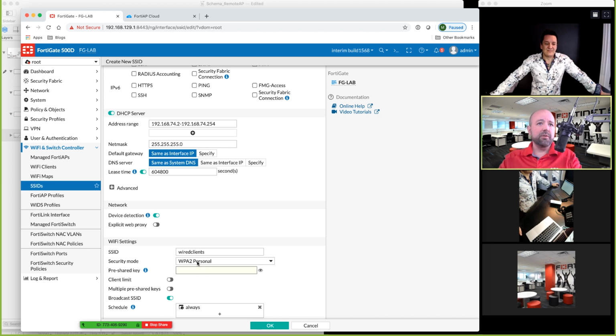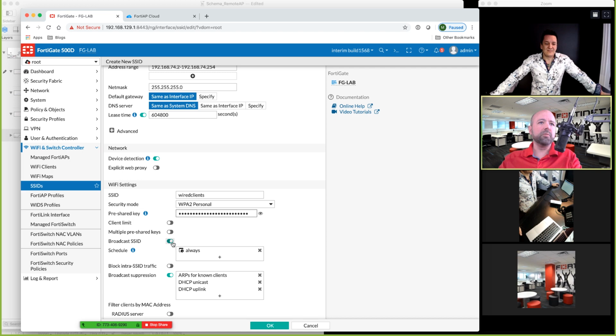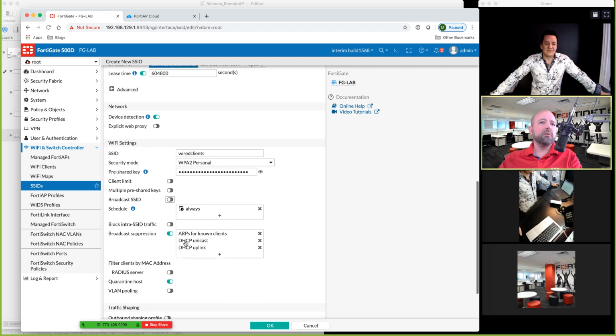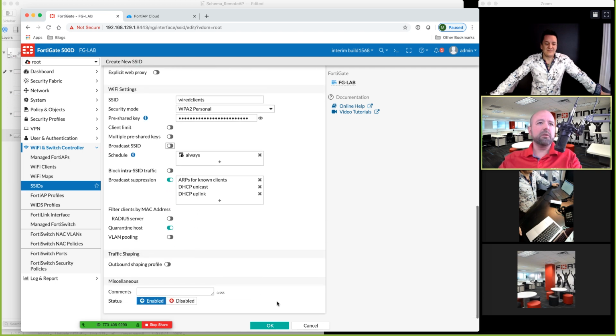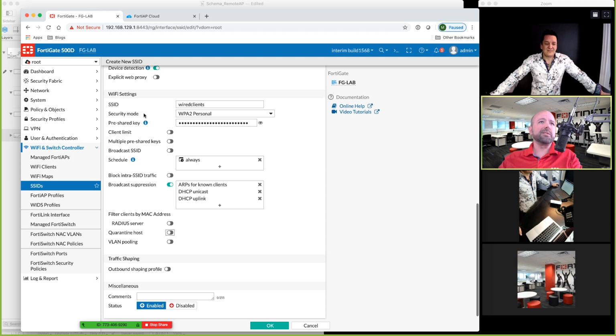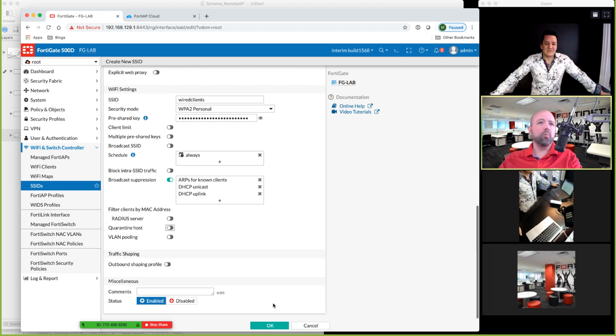We're just having to fill it from a security standpoint. We're going to be entering remote random keys in this, but we're actually not going to be broadcasting that SSID, nor are we going to be advertising it to any of our access points. We're going to be using this as a transport mechanism, again, for that wired client, right? So I click OK on this,